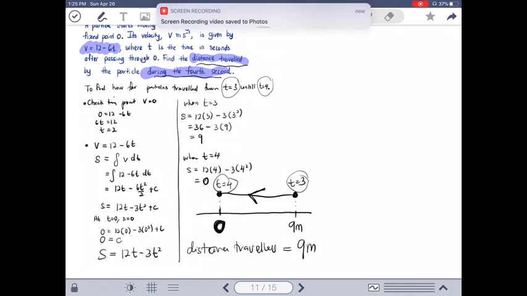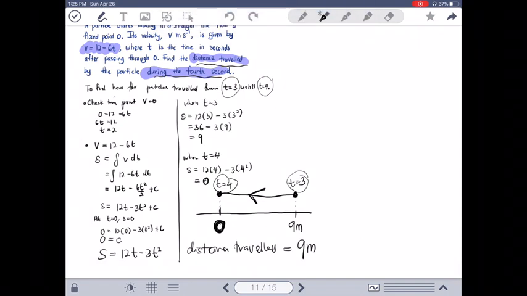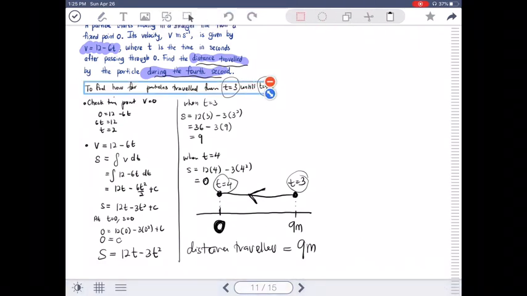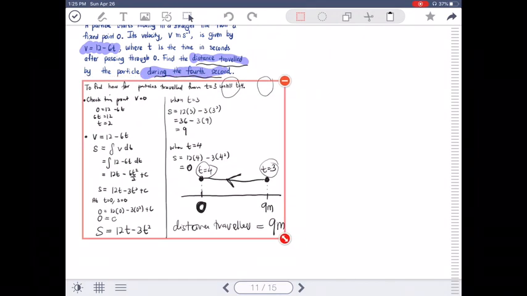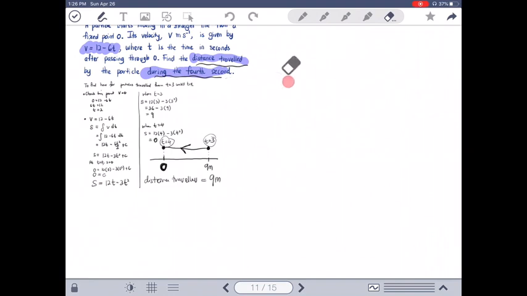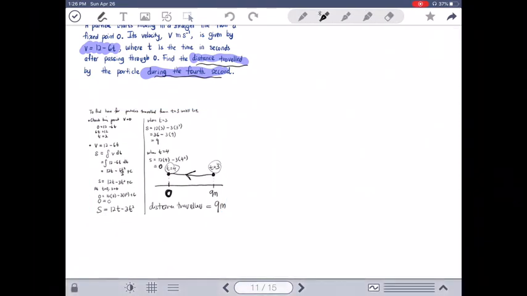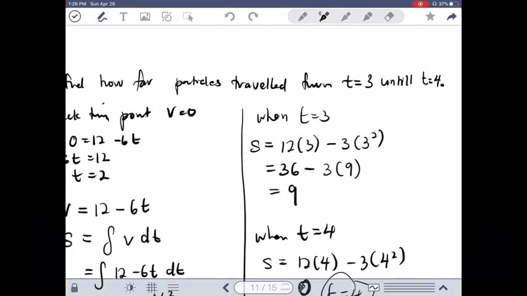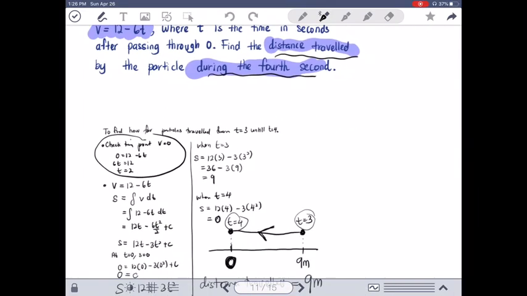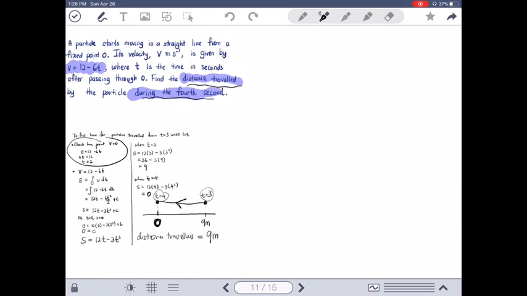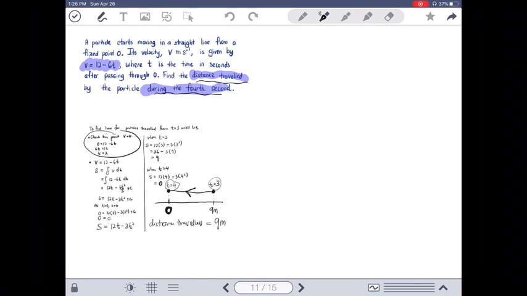Okay, alternatively, I want to show you one more method to answer this question, by using integration as well. Right. So we have already checked that our turning point is at t2. So it's out of the range of between 3 and 4, which means that if we want to find distance traveled, we need to find s, it's just integration from 3 to the 4th second of v with respect